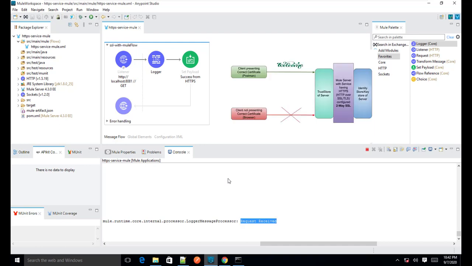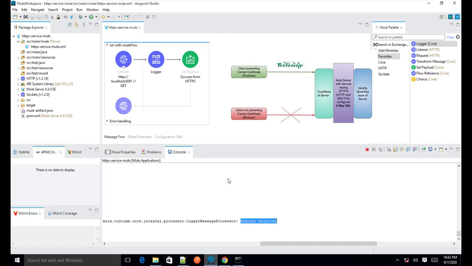After configuring the trust store, just by hitting the URL, no one would be able to access our service. They have to first present their identity, and if that particular identity is present in the trust store of our application at the server side, then only the request would be fulfilled by our Mule flow. So we will see that.